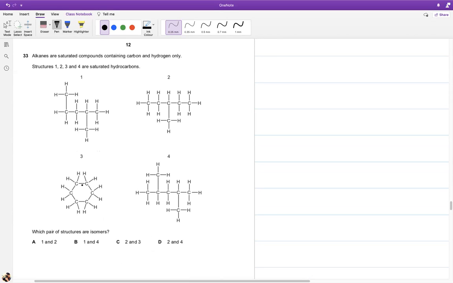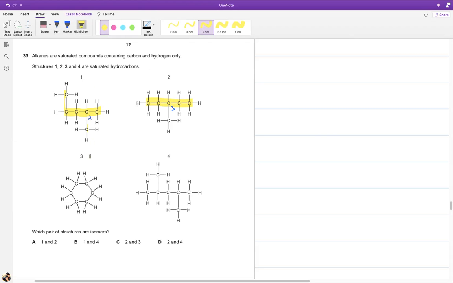Alkanes are saturated compounds. That means they have single bonds, carbon-carbon single bonds, and carbon and hydrogen only hydrocarbons हैं. Structure 1, 2, 3, and 4 are saturated hydrocarbons, which are isomers. Isomers के लिए हमें देखना है कि कहाँ पर हमारे पास लॉन्ग चेन में कितने हैं. So इसको देखते हैं. 1, 2, 3, 4, 5 in the long chain, 1 in the branch. 5 in the long chain, 1 in the branch, but here's the thing. Here the branch is on the second carbon, here the branch is on the third carbon.